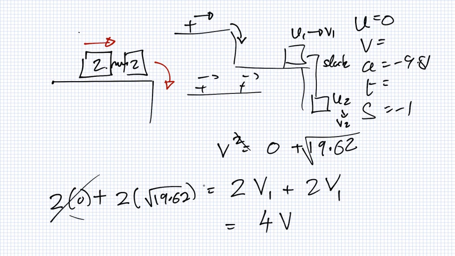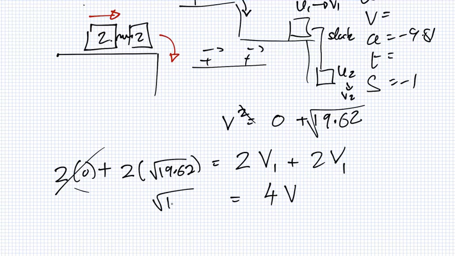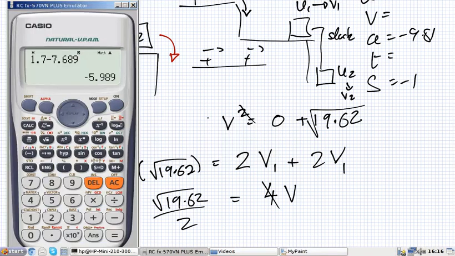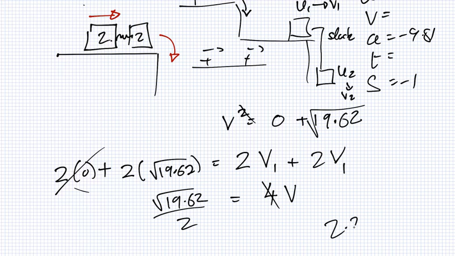That's a 0 there. So it will be root 19.62, 2 over 4 is a half. So root 19.62 divided by 2. See what that is. The answer is 2.215. 2.215 meters per second then is the velocity at which it moves off at. So let me just write that down. 2.215